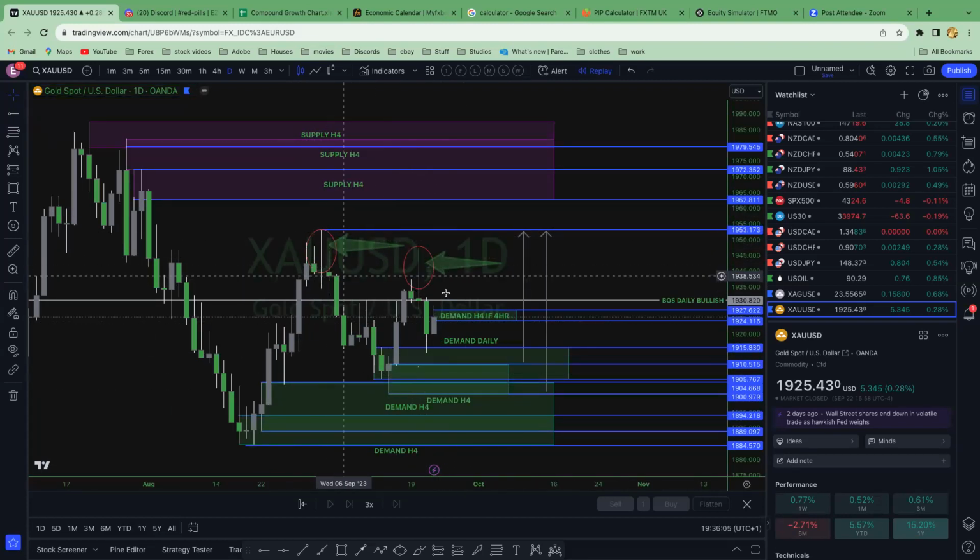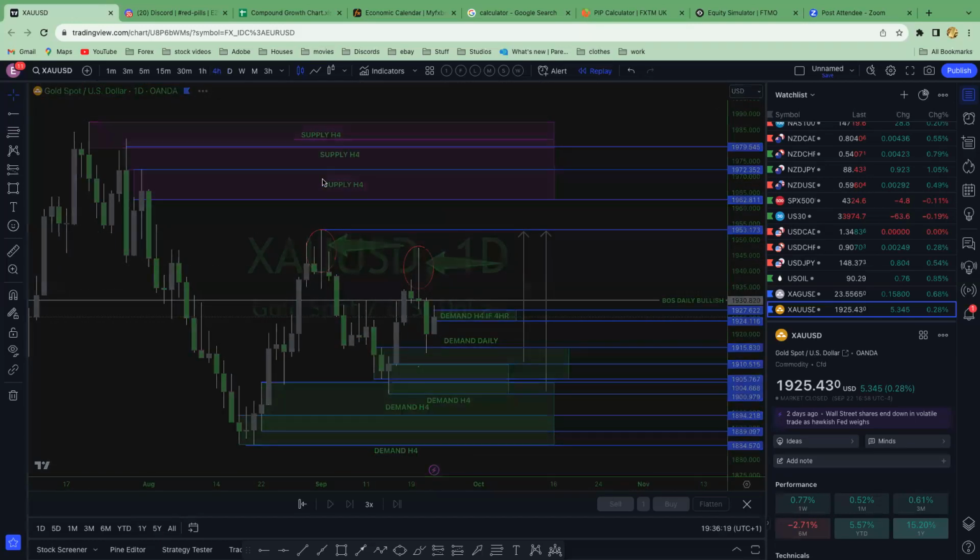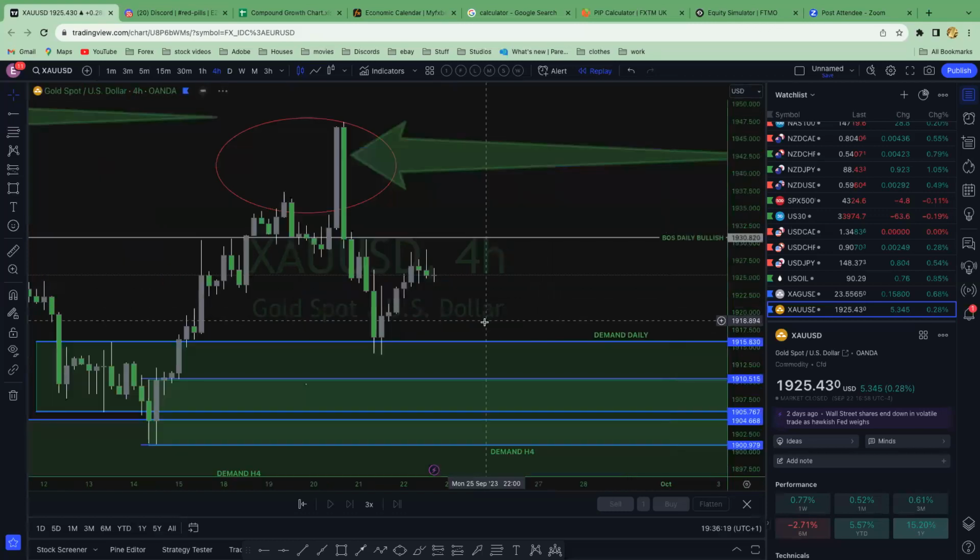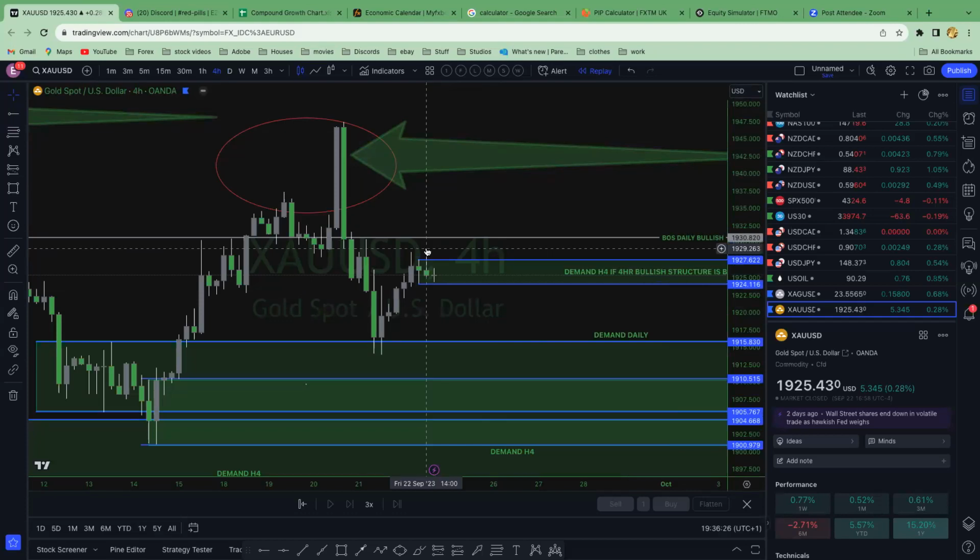I don't really see them leaving these liquidities here because there's two. They could have left if it was just one, but the fact there's two, there's a strong chance they're going to push back up to cover at least one of these wicks. And obviously this is the lowest one, so there's a strong chance they should go back up to these highs. Right now, for you to get a re-entry on gold, you'd be waiting for price action to break through this high here, which is at 1929, with a bullish break of structure.